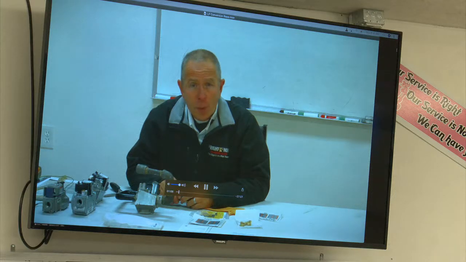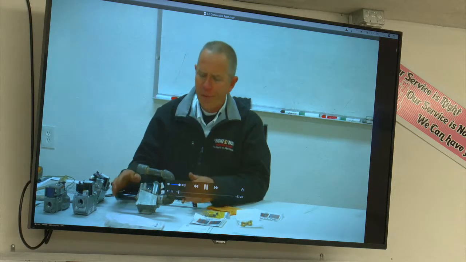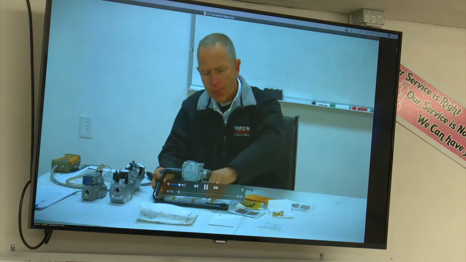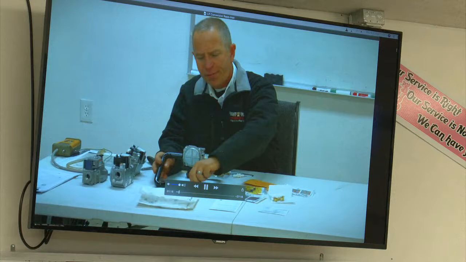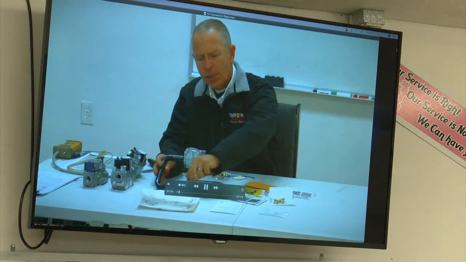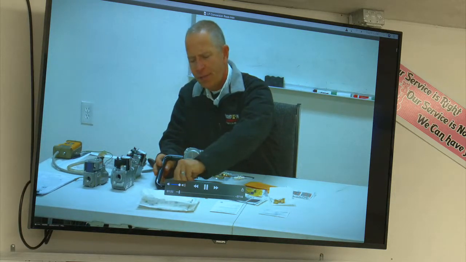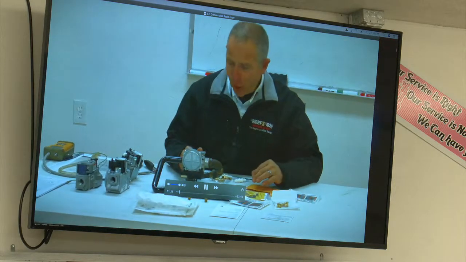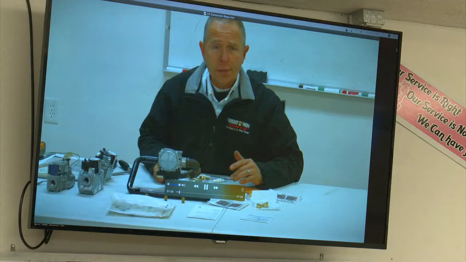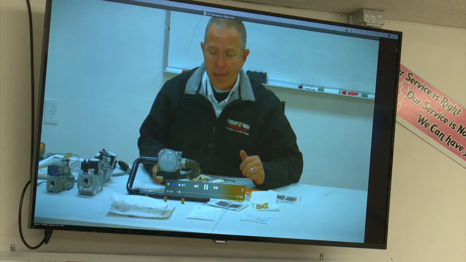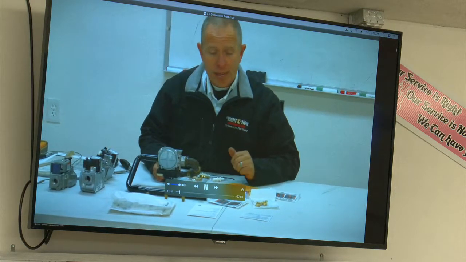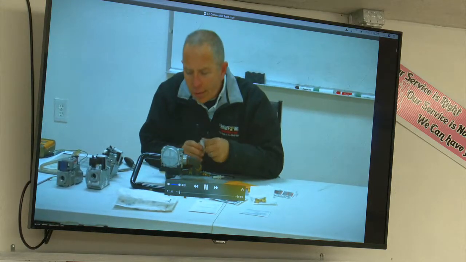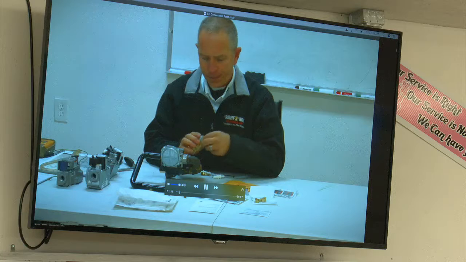Gas furnace to propane. Okay. All right. So the first thing we're going to do is remove the manifold with the burners, and we're going to remove the burner orifices. Then we're going to use the proper kit provided for this unit with propane. This is a Goodman unit, so it would be an 07 for this particular one. There's 06 and 08. You need to have the correct kit to do that. So once the burners are removed, we're going to put the